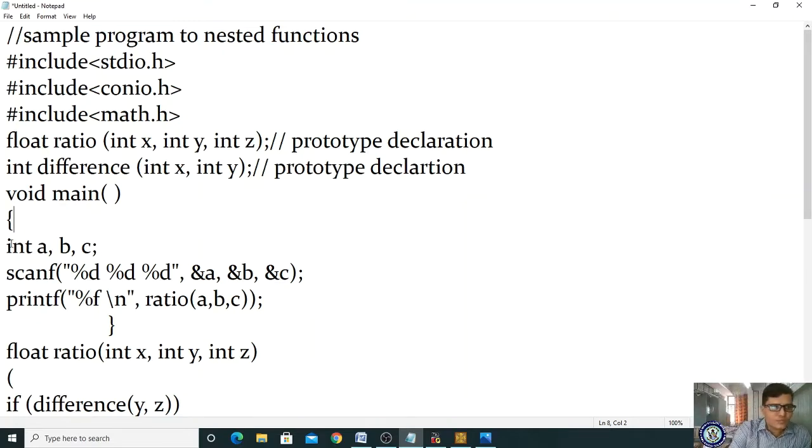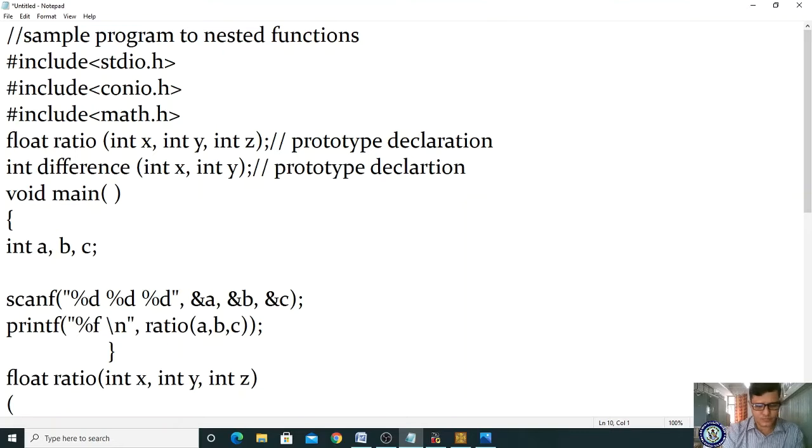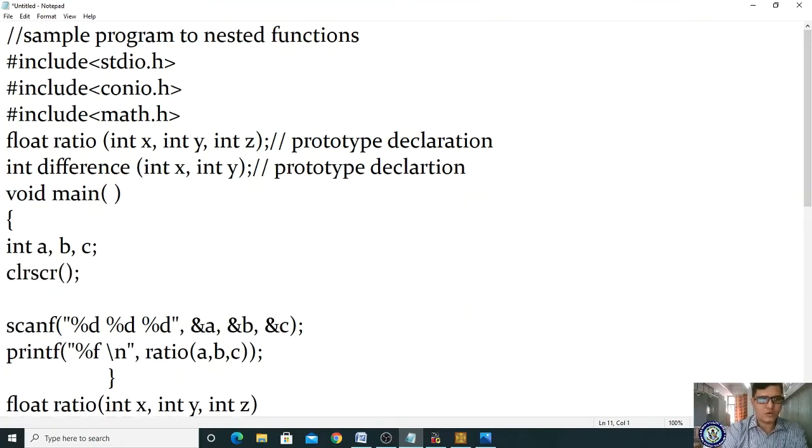int a, b, c you have declared. Now give the clear screen. Now write one output statement, printf "enter a, b and c values\n".